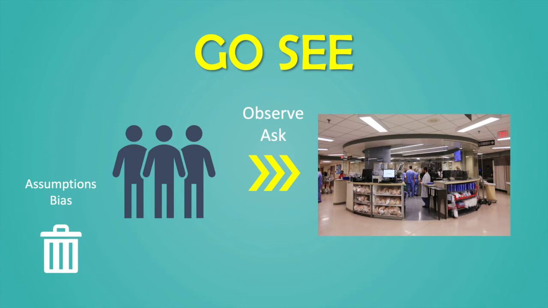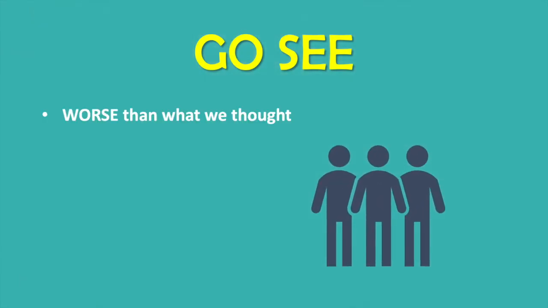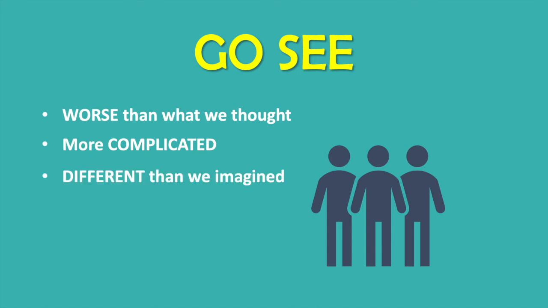You may find failures you never anticipated, workarounds that people use every day, good and bad variations, bright spots, new ideas, and much more. Be ready for many aha moments. Oftentimes, teams find that the problem is worse than what we thought it was, more complex than we ever imagined, or much different than we thought it was. By observing the process as it occurs in real time, we get past our initial assumptions about what is supposed to happen and see instead what actually happens.